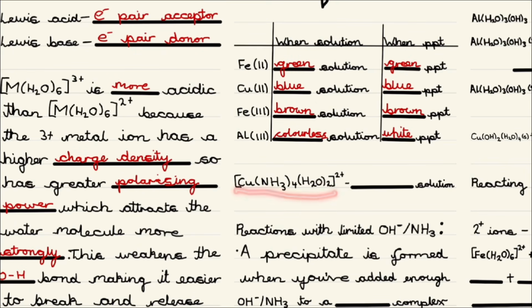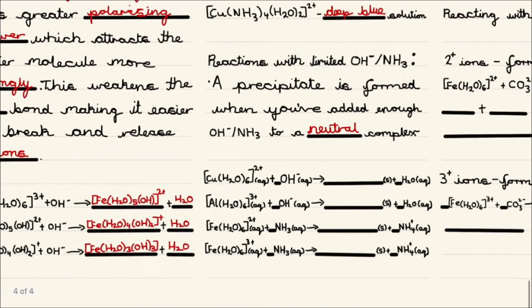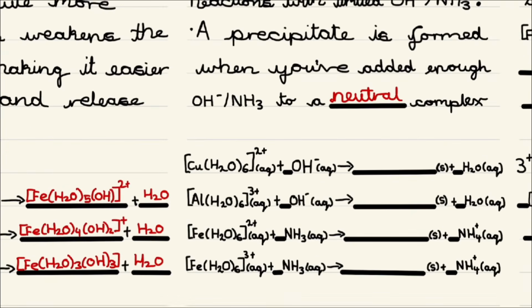This complex here is a deep blue solution. So to actually form the precipitates that we've talked about here, we need to add enough hydroxide or ammonia to form a neutral complex. So here we've got some examples. So the amount of hydroxide ions or ammonia that we add is the same as this charge here. So we're going to add 2 hydroxide ions, and then the complex is going to act as an acid and donate 2 protons from the water. So what happened here is that two different water molecules each donated a proton, and that proton reacted with the OH minus. So if we do that same example for the rest of the reactions, we get